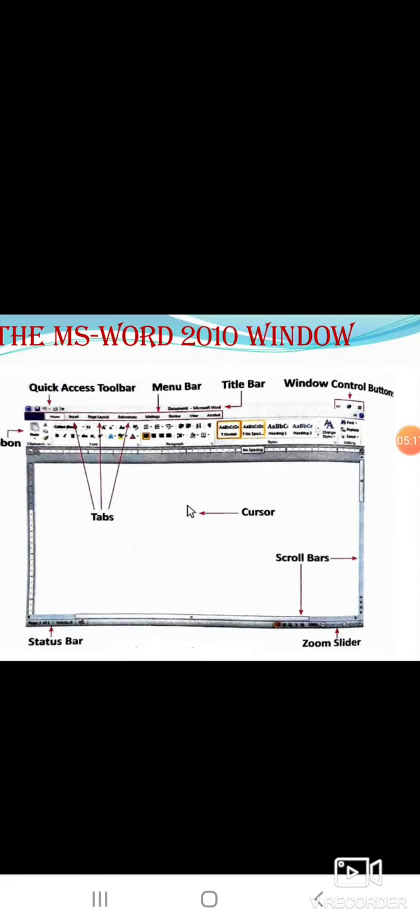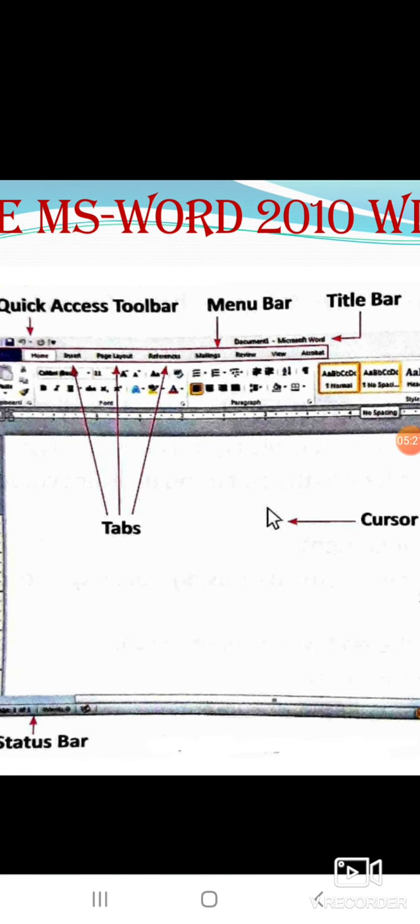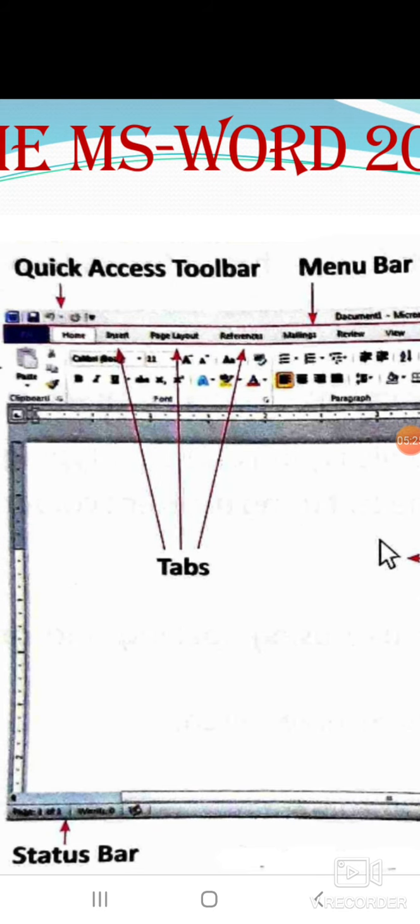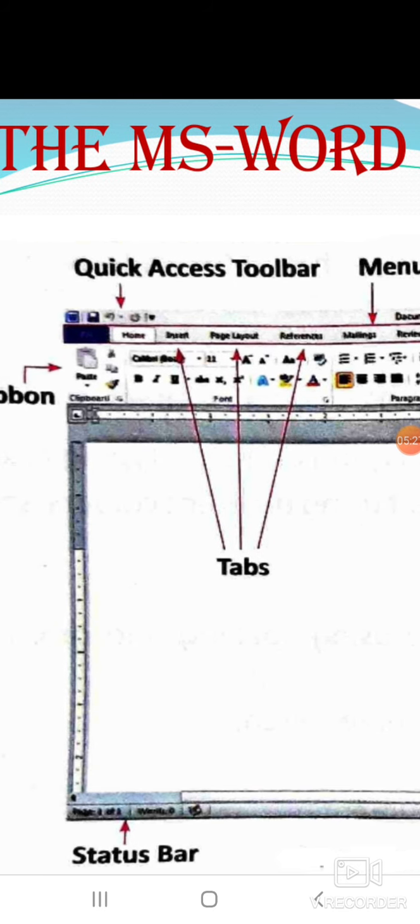Next is the quick access toolbar. It is present on the left of the title bar. We know what the title bar is; it displays the name of the program.